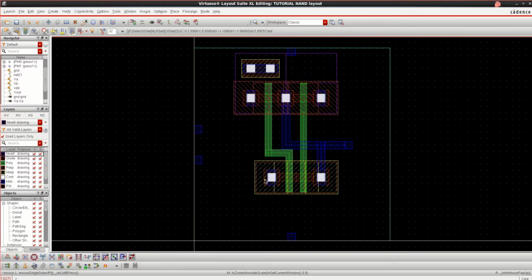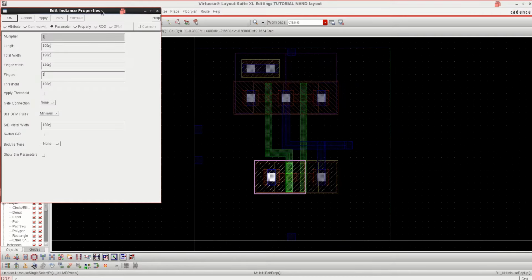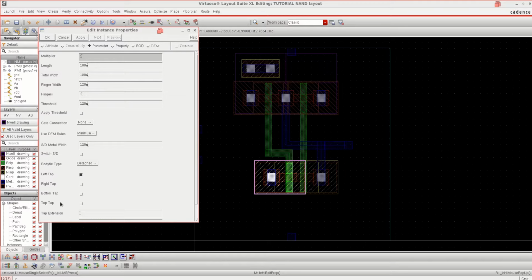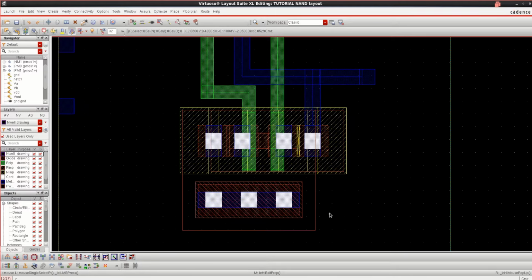Similarly for this NMOS transistor, select this transistor, press Q to edit the instance properties, select the body type to detached, and this time I want to have the bottom tab. Remove the left tab. Click OK. For this also, we have the vacant area. The P-well is vacant. Here we have the P-well drawing, or you can call it a dummy cell.